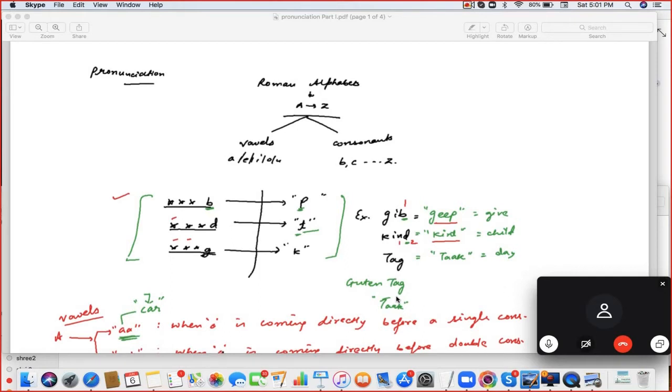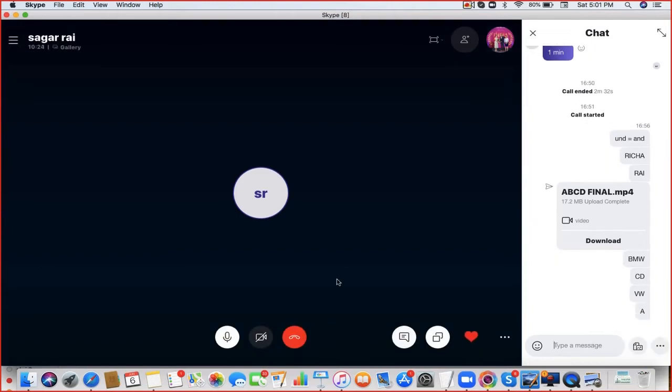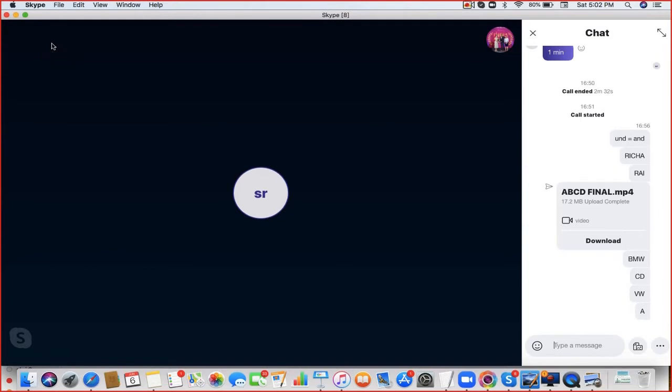Just like in English, let's say you have a letter A. Now, what are the sounds of this A? If you see this name Sagar, here there are two A. First this one and second this one. So you can see first A the sound is different from the second A. So you can see the difference. That is what I am trying to say. That now we have to see the sounds. Whatever ABCD you have done, A B C D E F G, we have to see what are the sounds of those letters.